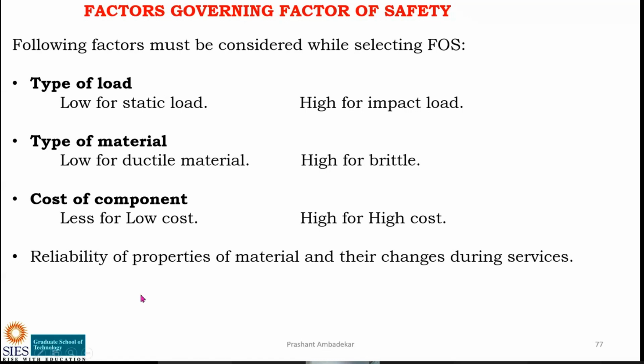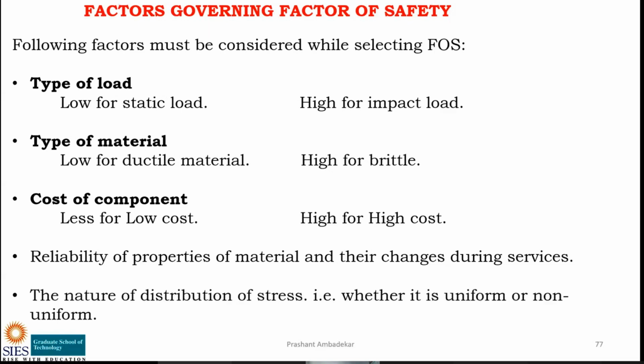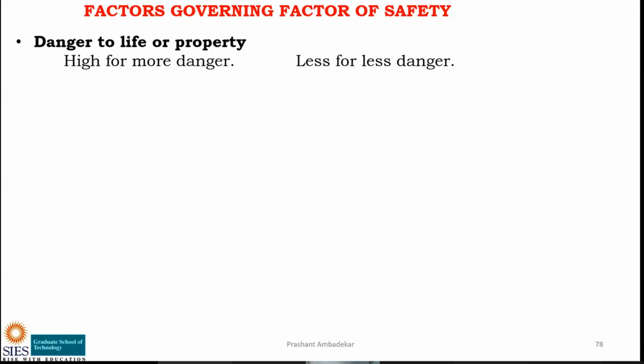Then reliability of property of material and their changes during service. How much reliable the material is. For example, if you select glass, and for that same purpose, if you select wood, which is more reliable? Wood is more reliable as compared to glass. Then the nature of distribution of stresses, whether the stress distribution is uniform or not uniform, that also governs the factor of safety. Then life, danger to life or property. If there is a failure, an accident,